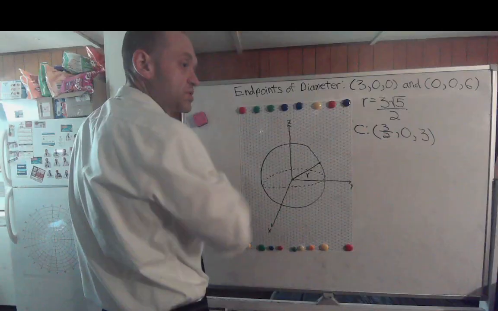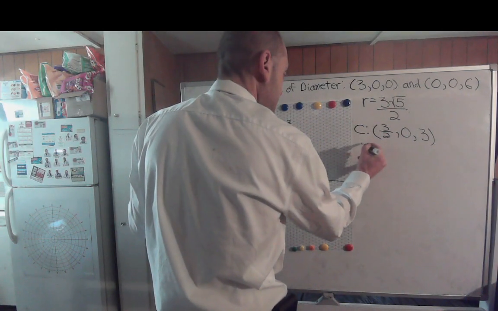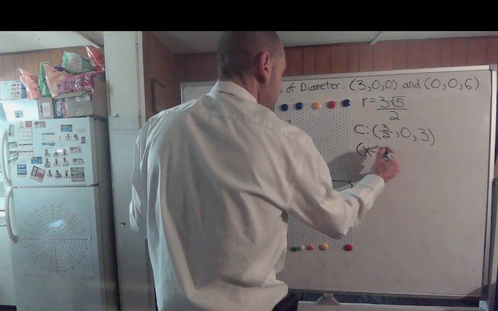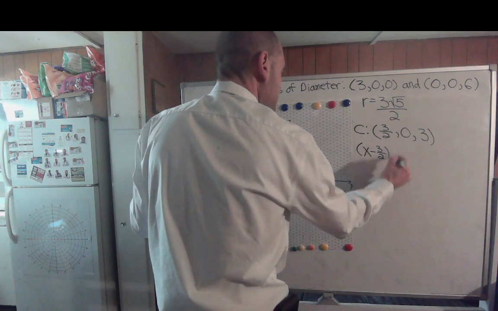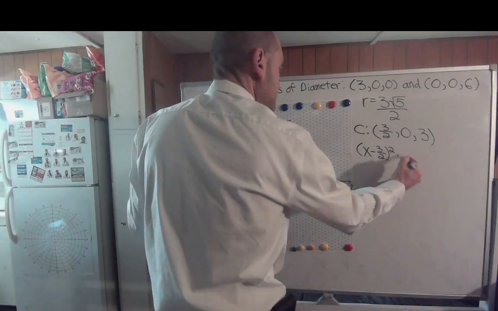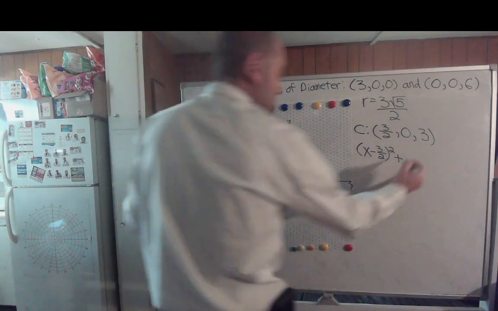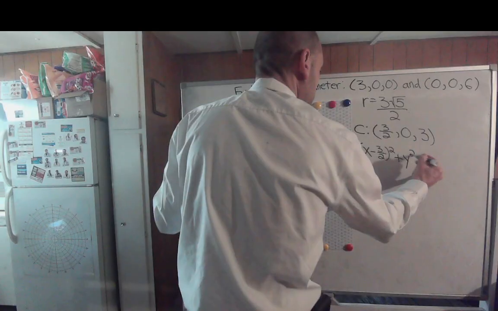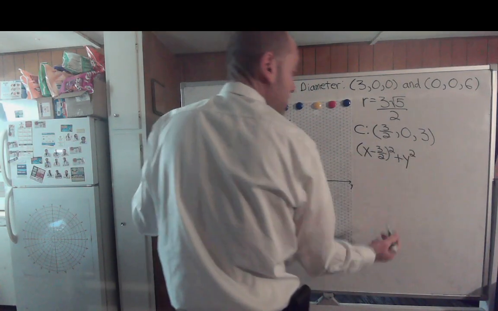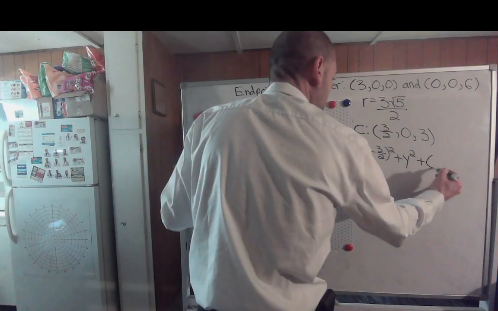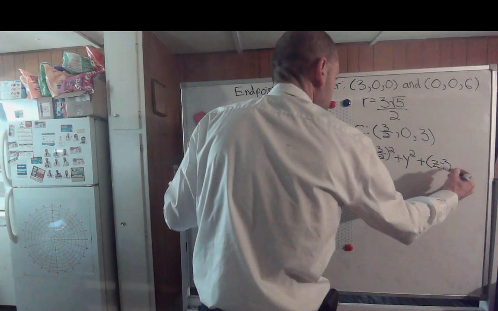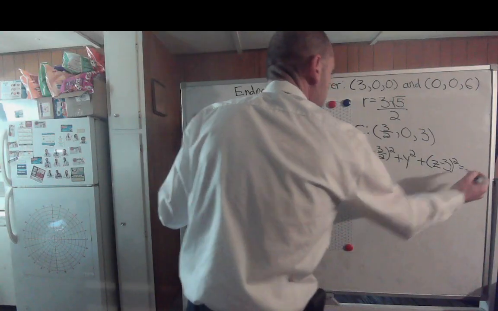If x equals 3/2, that would mean the quantity x minus 3/2 squared, plus then the y-coordinate is 0, so this will just be y squared. And then the z-coordinate is 3, so this would be plus the quantity of z minus 3 squared equals the